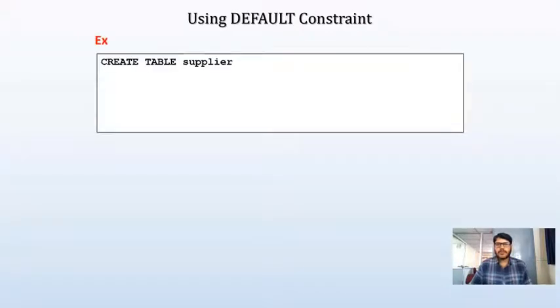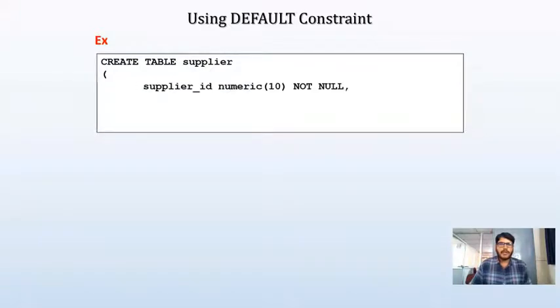Sometimes what happens, we are trying to store null values, but instead of a null value, it should display some default values. For example, assume that I'm going to create a supplier table by using a create table supplier statement.